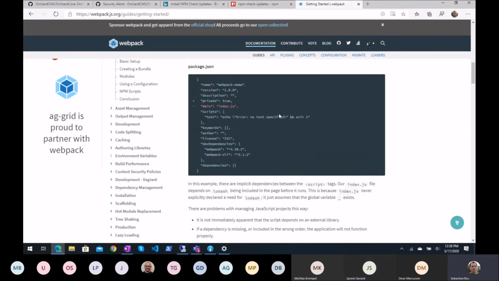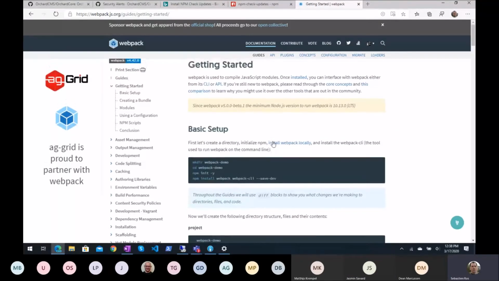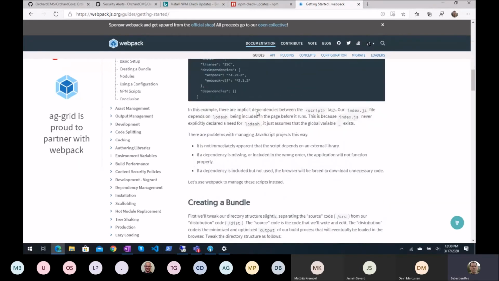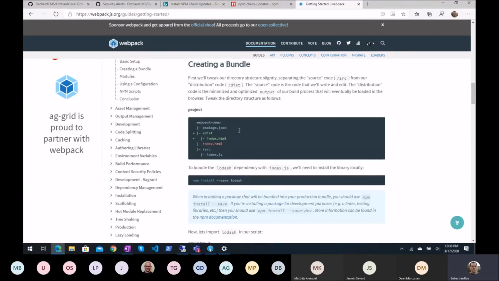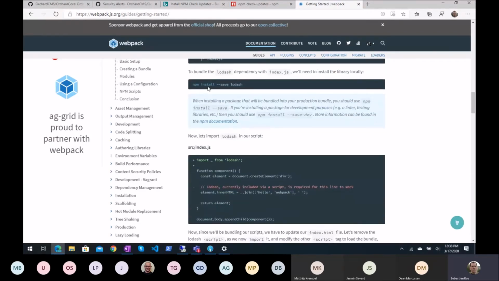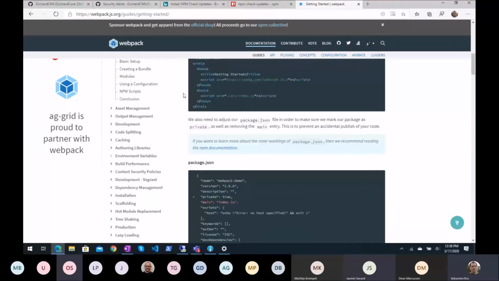Jasmine, from reading the Webpack documentation, it looks like it's not what you're saying. They're saying, use NPM, this is Webpack, this is how you use it. And you use NPM and you define your package.json file, which is an NPM file. And then you say npm install lodash. So Webpack seems to be working with it. Maybe you can use it without NPM, but for me, it's just a bundler.